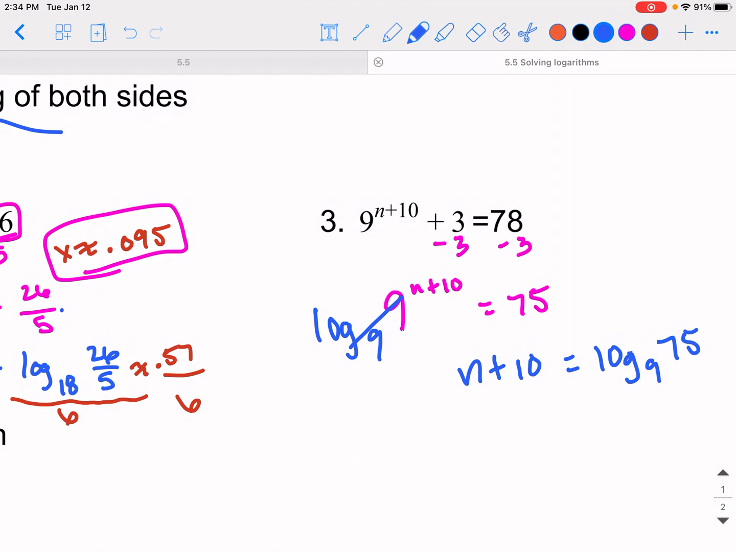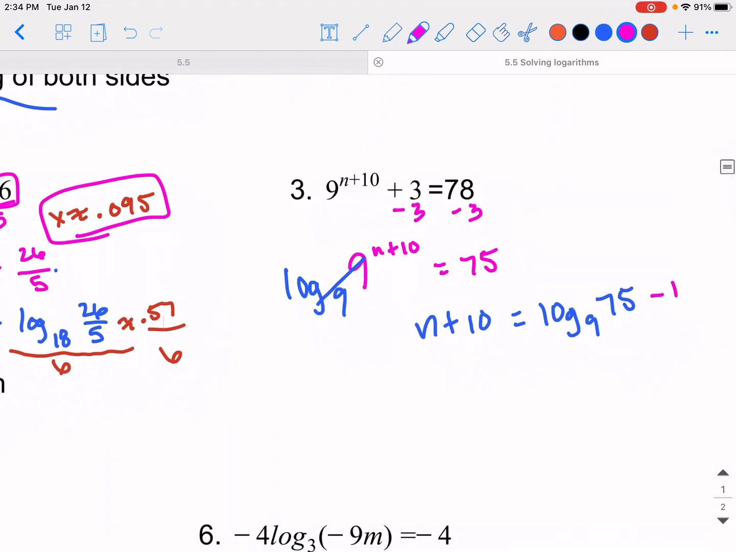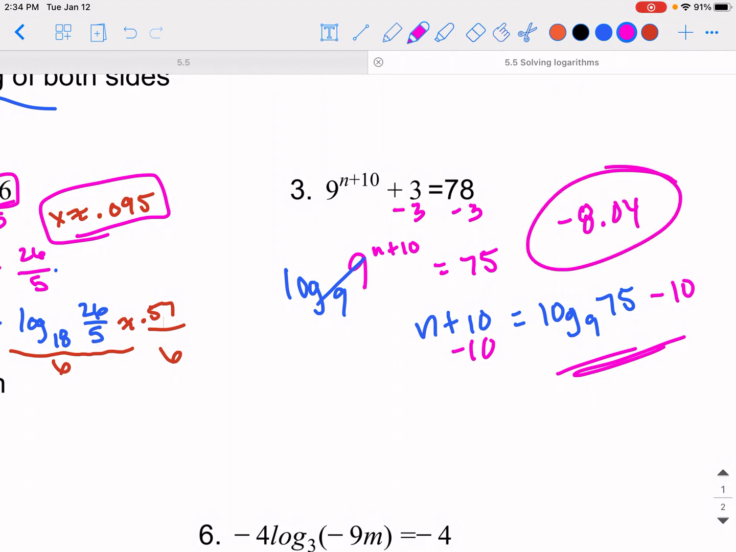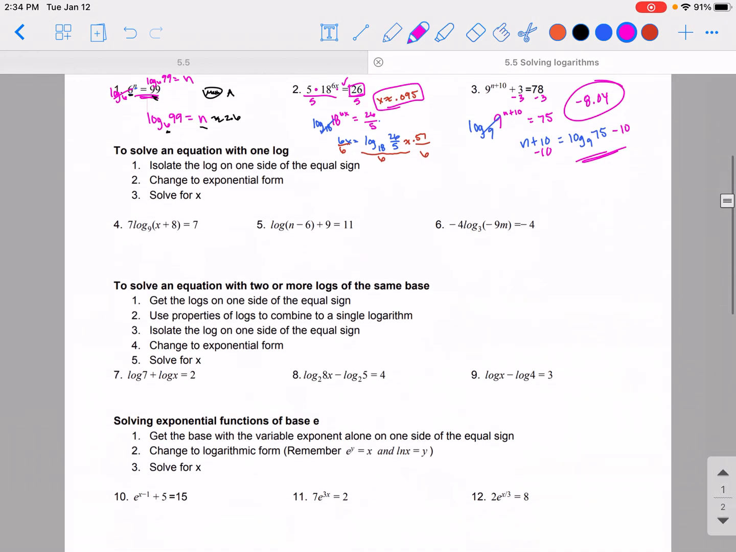Okay, and then we can use our calculator from here and subtract 10. This is just going to be a calculation in our calculators. So I'm going to use math and then option A. Then we'll put base 9, 75, and subtract 10, and I get negative 8.04 if I'm rounding. All right, next section, to solve an equation with